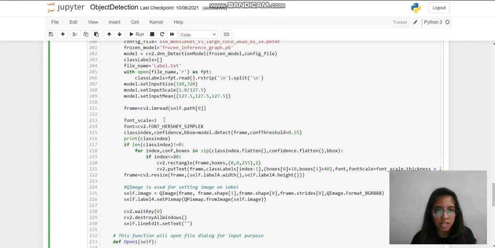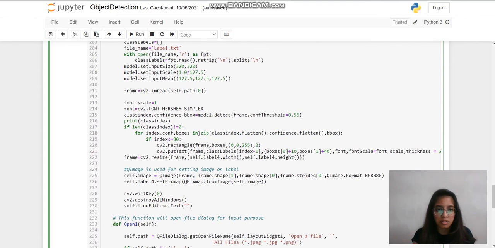The font scale is set as 1, and the font is this, for displaying the object name on that image. Then we pass this frame, that is the image, to our model.detect function with a threshold of 0.55, and it returns three values: class index, confidence, and bbox.